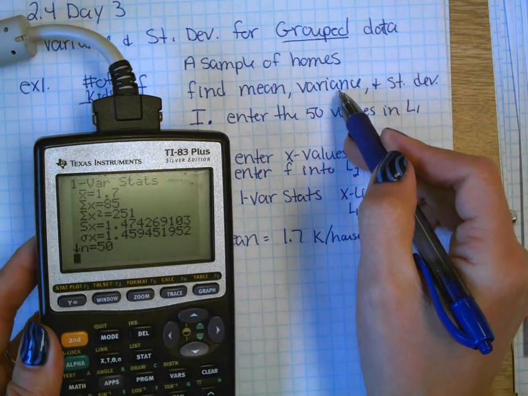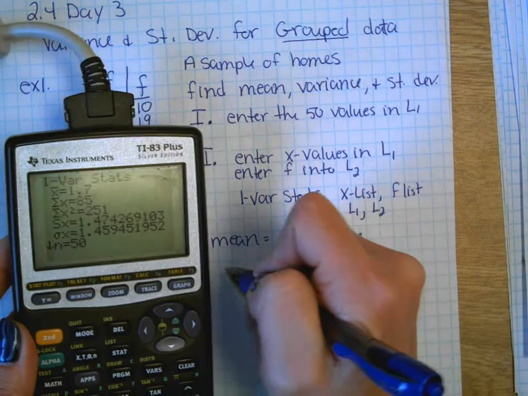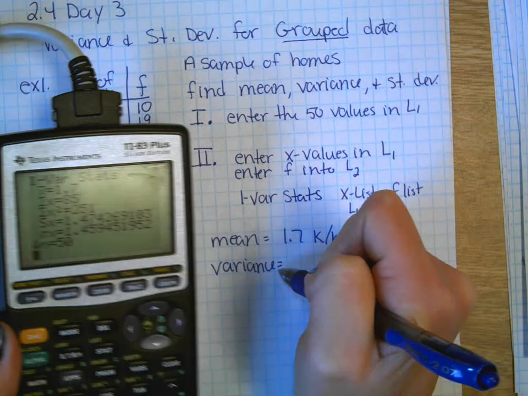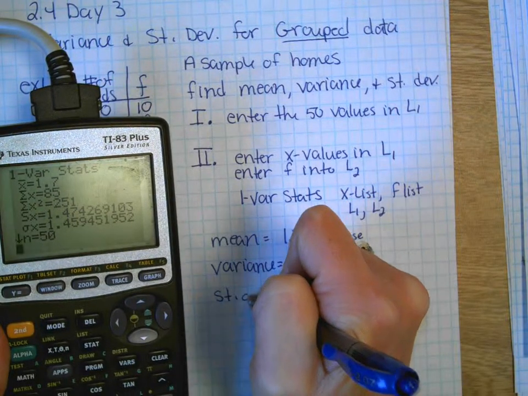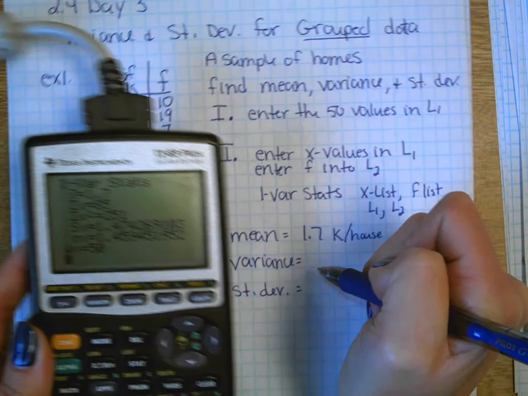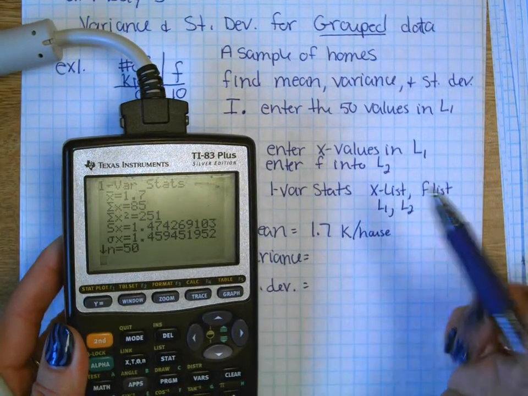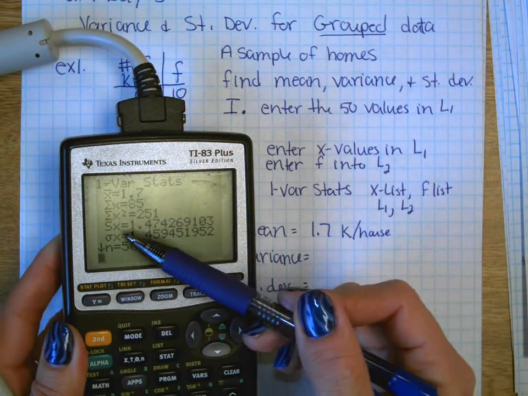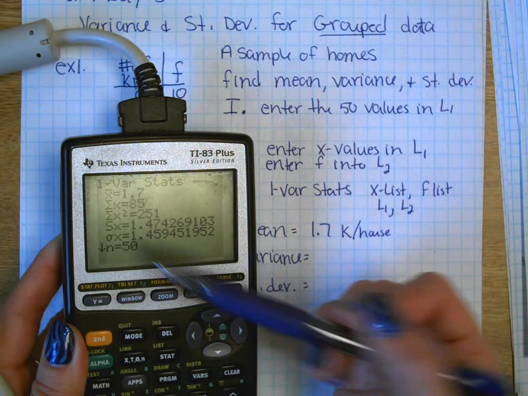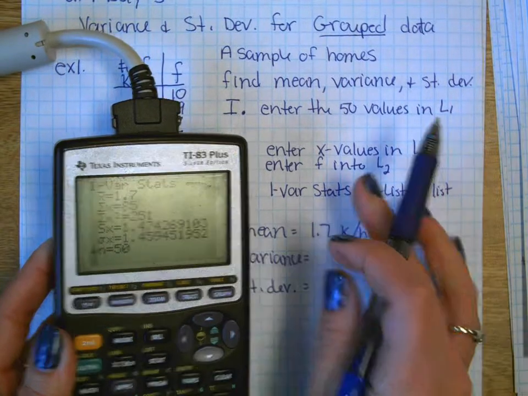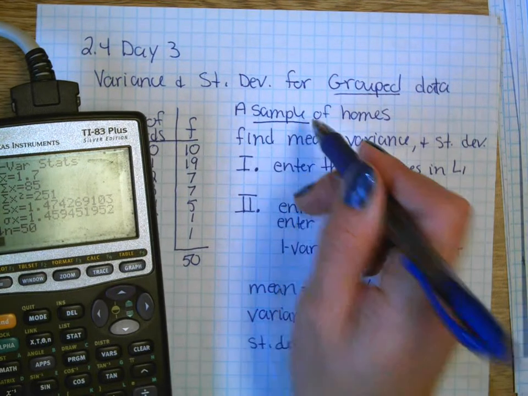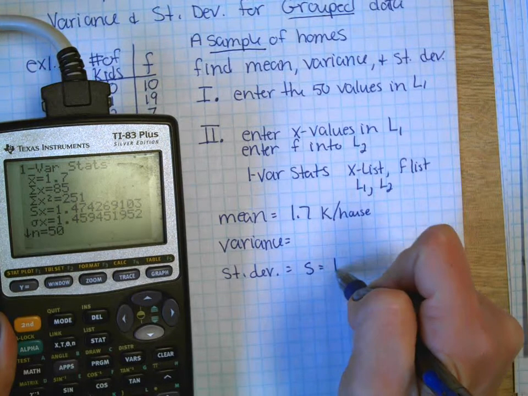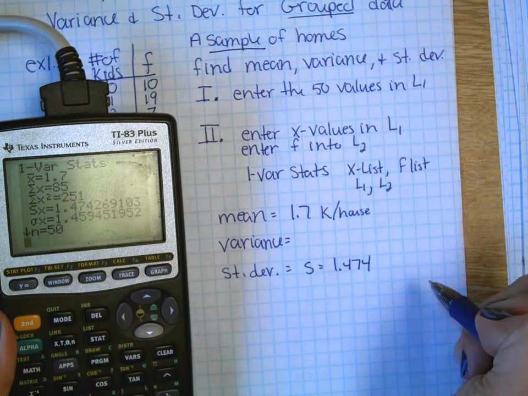Is variance on one-var stats? No. But what is on here? Standard deviation is here. Which standard deviation should you be taking, the 1.47 or the 1.46? They're really close, but should I be taking the S or the sigma? Why S? Because I told you it was a sample of homes. Remember, the formulas are different. So we want the S, which is 1.474